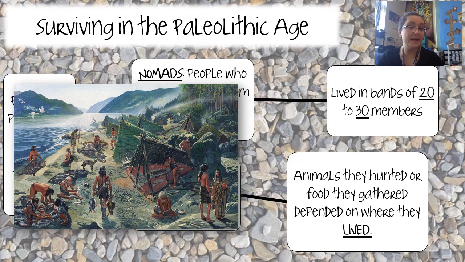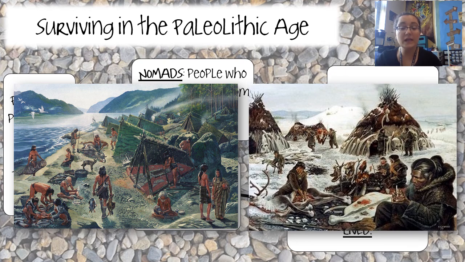So, for example, if we lived near the ocean, our shelter and our food would be made of things like palm fronds, and we would get fish and other wildlife. But if we lived in a very cold environment, we'd be eating whatever animals we could find in that tundra, and we'd use our resources to make shelter. Even our clothing was impacted.